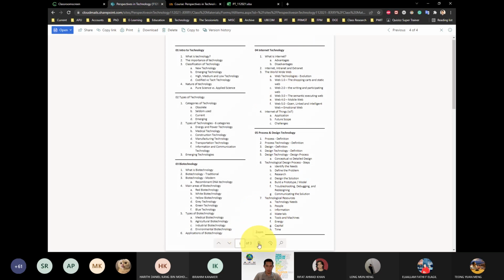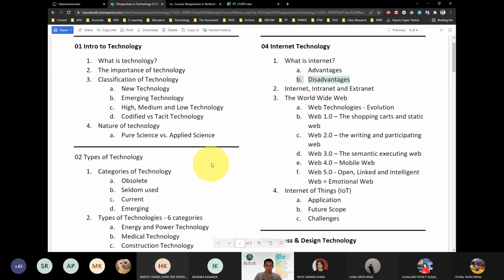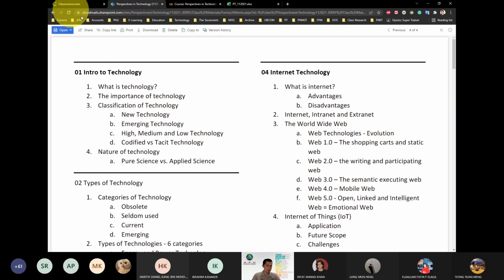All right. So we're going to run through this chapter by chapter. Okay. All right. So if you notice on the left, the first topic that we've covered for the semester was Introduction to Technology, right? So there were a few terminologies that you may have not heard of before. Now, remember, of course,